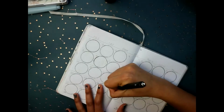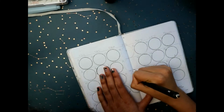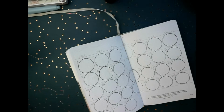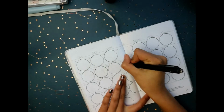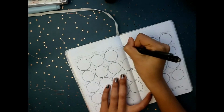Now, I don't know if you guys have ever noticed, but there's always a little bit of printed text down at the bottom of each right hand page of my bullet journal, and I wanted to share with you guys what that was. They are verses, and I'd like to share some of them with you. So on the cover page for March, the first verse in this spread was,